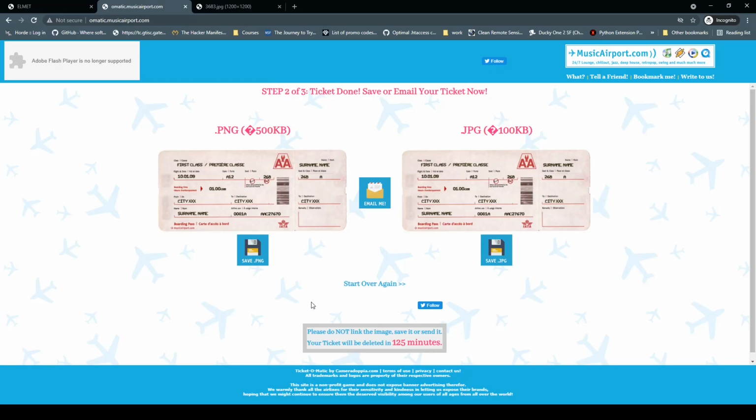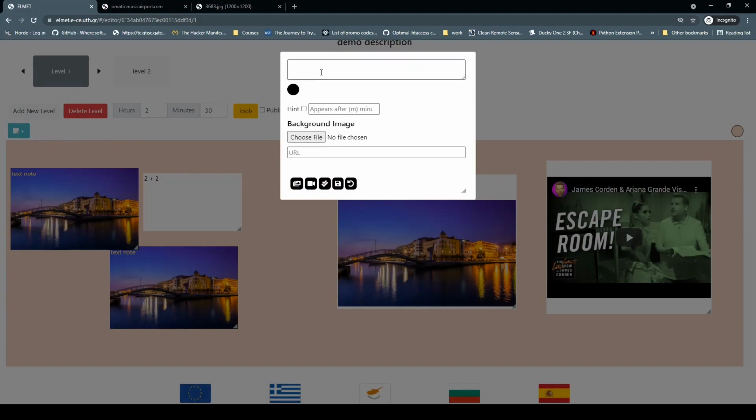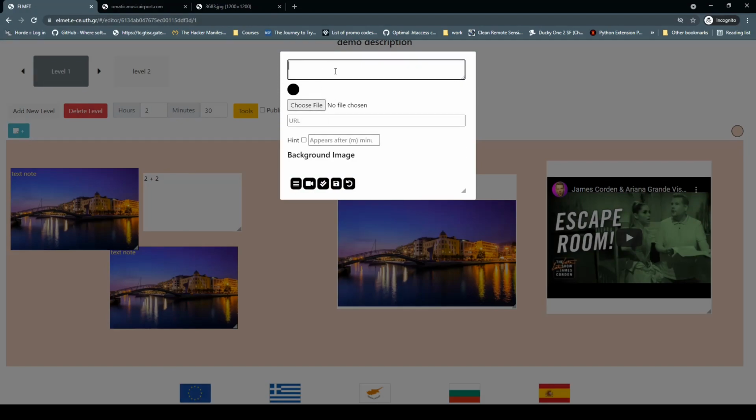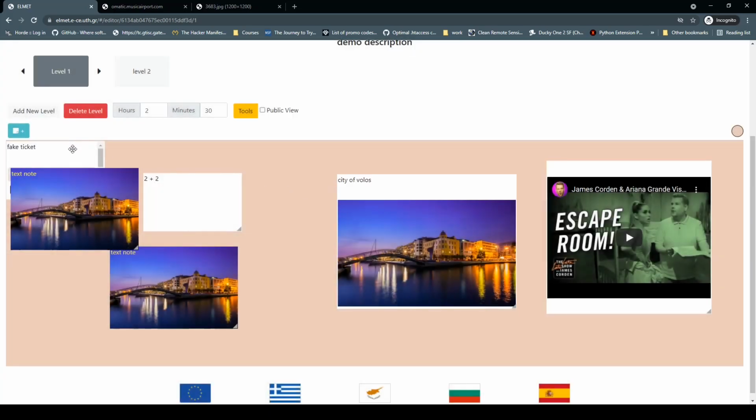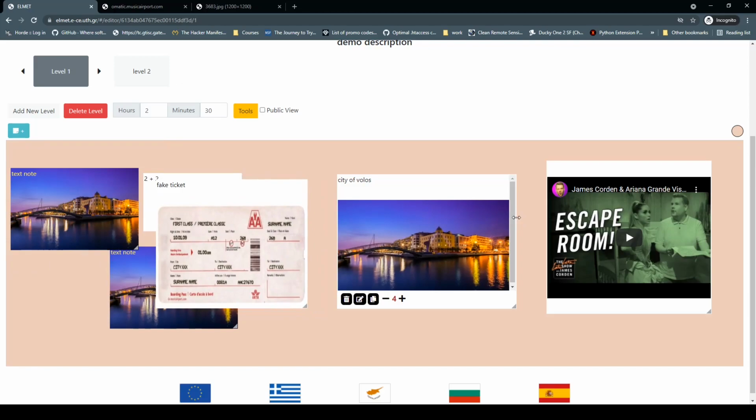We can take the image address and we can create an image node with a fake ticket. We can similarly leverage the rest of the tools to create an interesting escape room scenario.